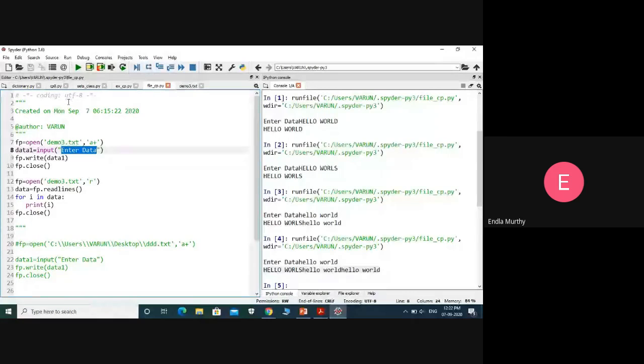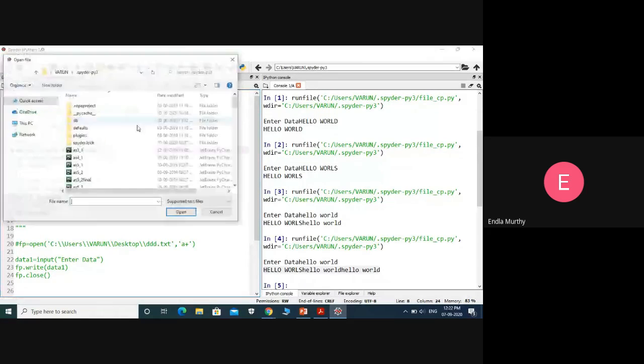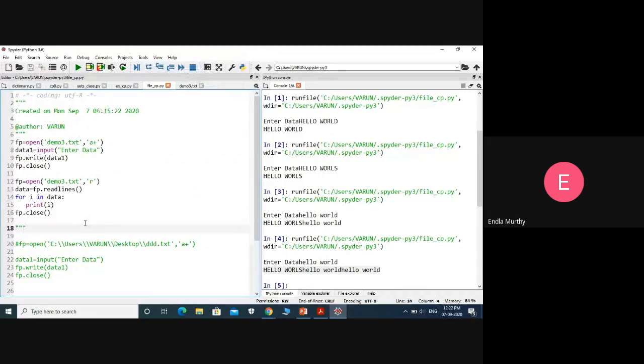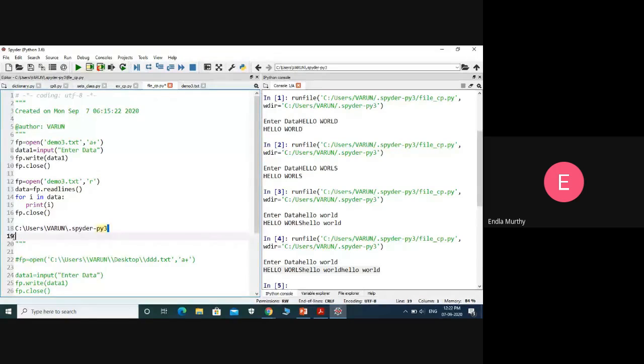For example, if you observe open, here if you observe this location, this is the location like C users one dot spyder hyphen py3. In this location I have files. So if you have files in that location, then I can access them directly using the file name only.